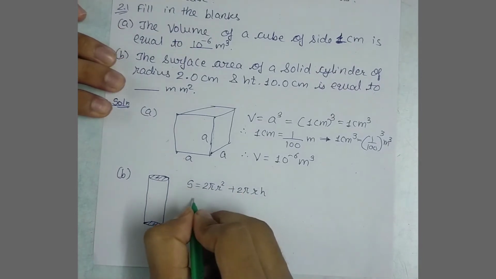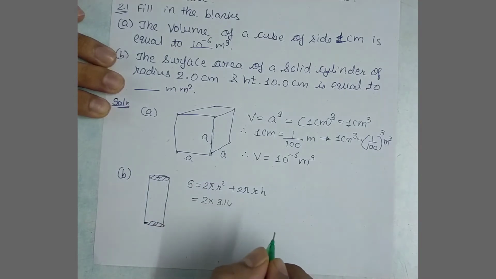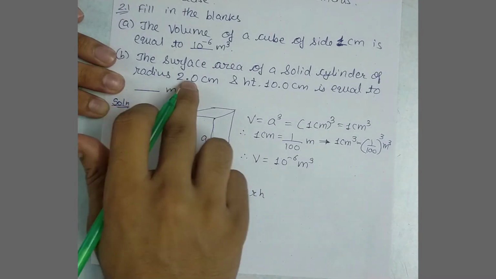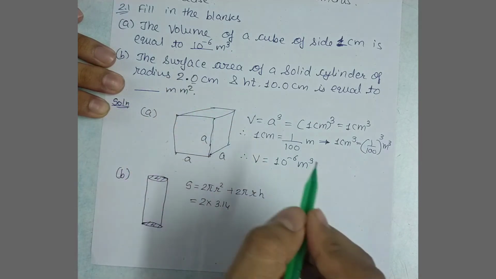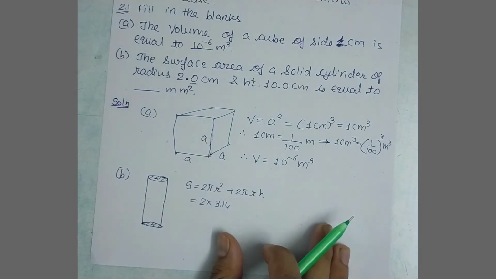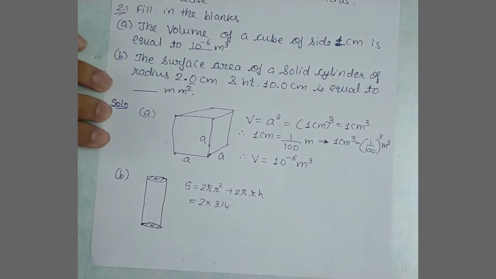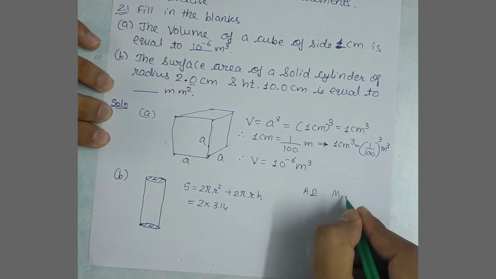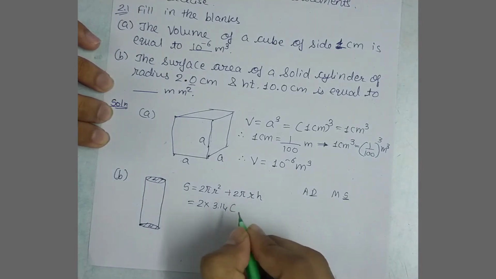Now if we properly look at the question, it is objected to discuss significant figures. In the question, the significant figures of the radius are 2, that is 2.0. As after the decimal 0 is mentioned, it shows that the instrument has least count of 0.1 centimeter. So the number of significant figures here are 2 and here are 3. And as we know, in addition we have to retain decimal places, and in multiplication or division we retain significant figures. So just substitute the values.